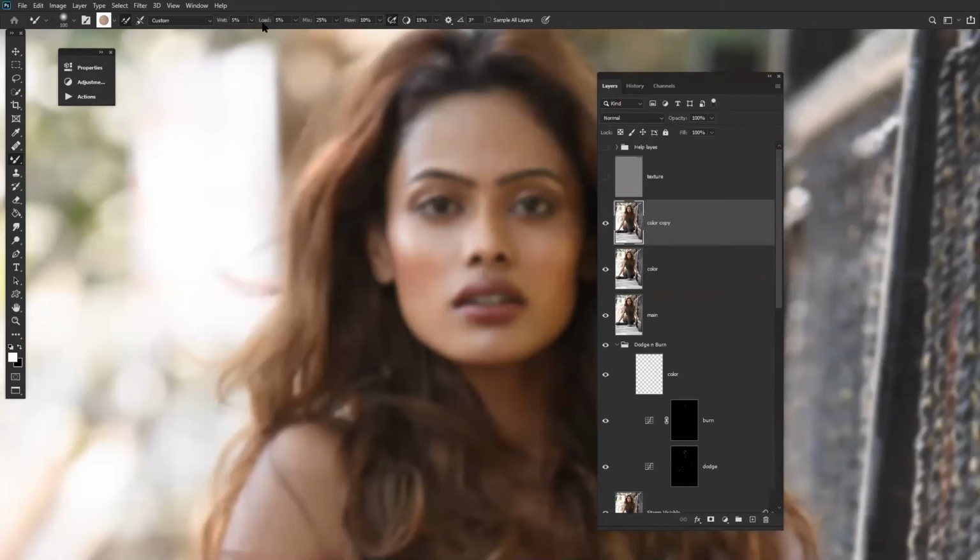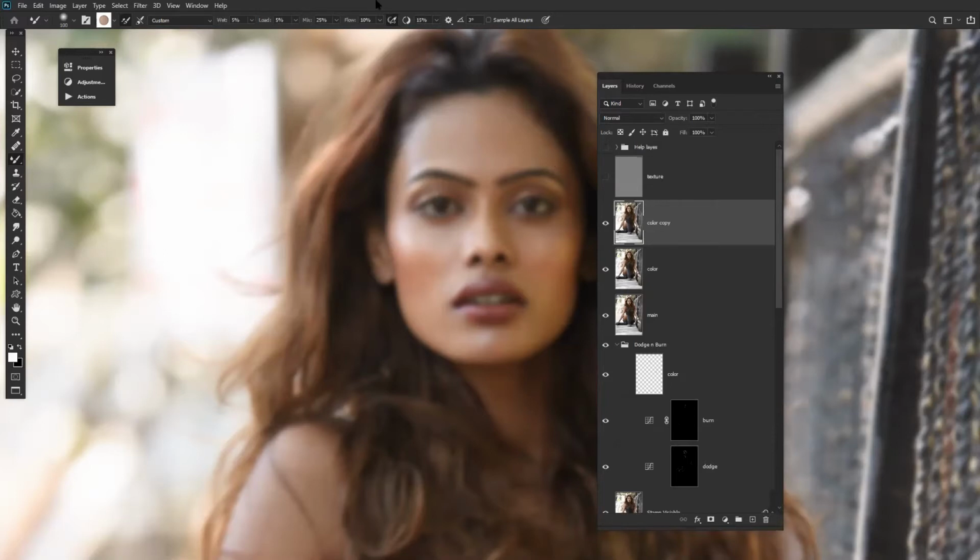Wet is the amount of colors I want to manipulate. Load is the amount of pressure I want to put in, just like a paint brush. The more color you put is the wetness. The more pressure you put during the stroke is the load. Mix is how much you want to blend the colors from one to another. Flow is the way we are doing the movement of our hand. We decide the flow. And the last option over here is jitter. Jitter is basically controlling your hand, not putting too much load. It's just slowly and steadily breaking your lines. It's not very heavy handed.